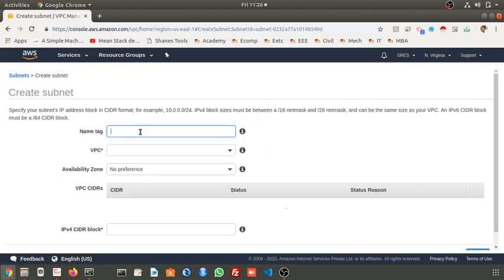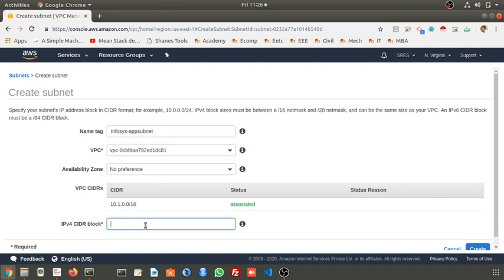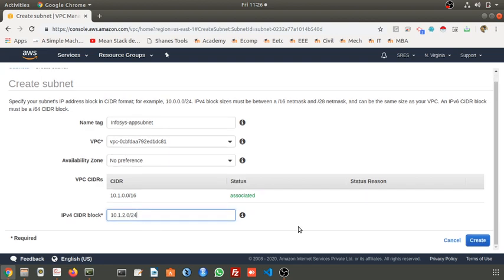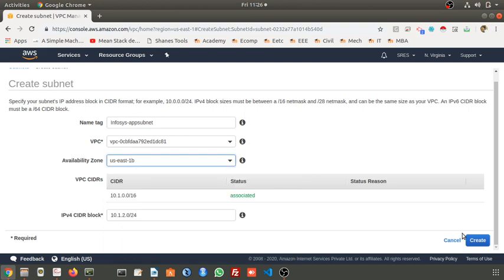I will name it Infosys application subnet, where I will place all my application servers, in VPC Infosys. Again, I will give 10.1.2.0. In which availability zone? I will place it in zone 1B. Create it.